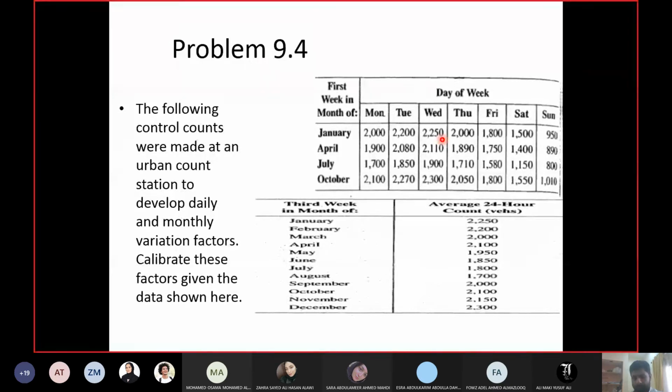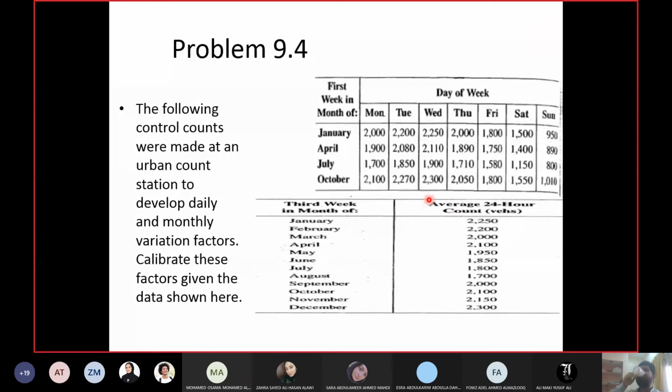For this location, first of all, I must find out the AADT. To find the AADT, I should know for how many days the data was collected, because in the previous examples the data was collected for the full year. If they gave me the data for the days of the week, I knew there were 7 days in the week, I had the data for all the days, and I took the average for the 7 days.